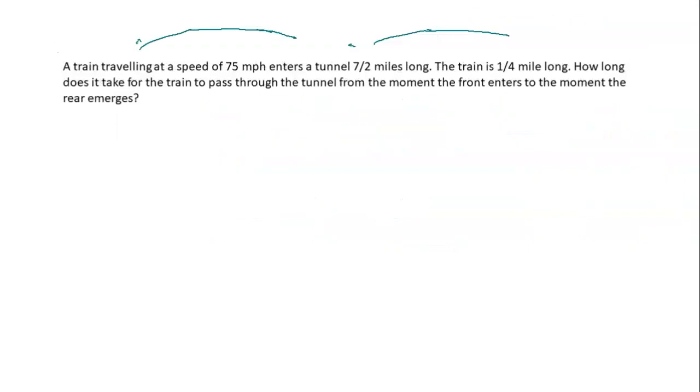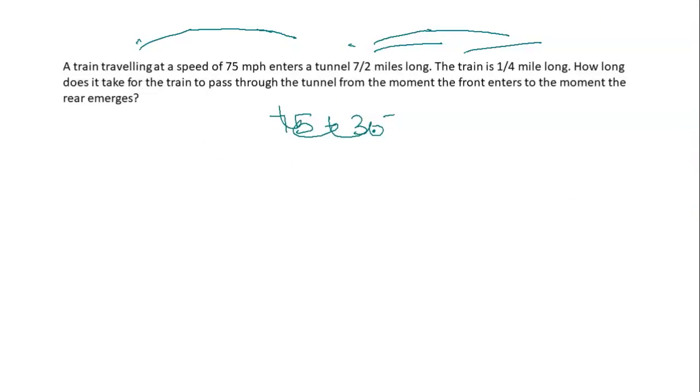Next question. A train traveling at a speed of 75 miles per hour enters a tunnel 7 by 2 miles long. Which means 75 miles per hour takes a 3.75 miles tunnel across. The train is a quarter mile long. How long does it take for the train to pass through the tunnel from the moment the front enters to